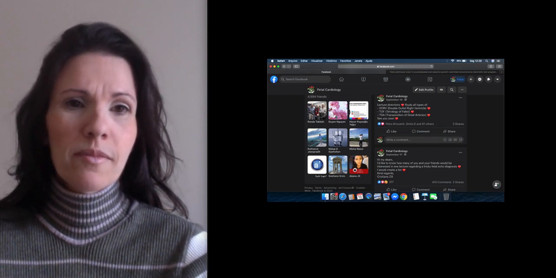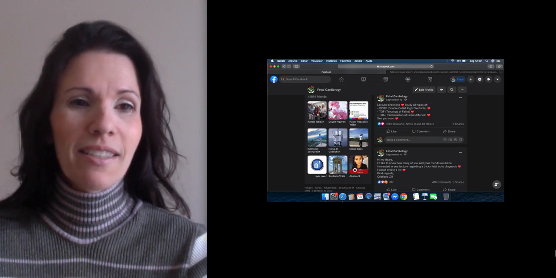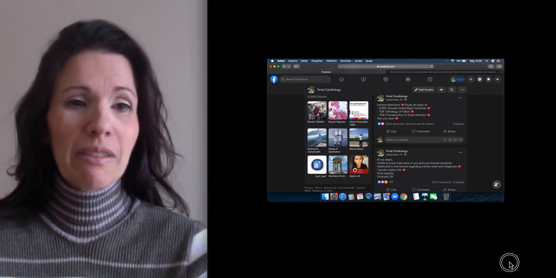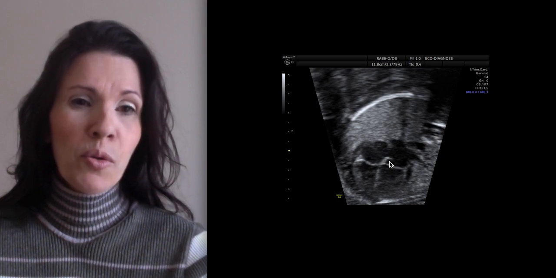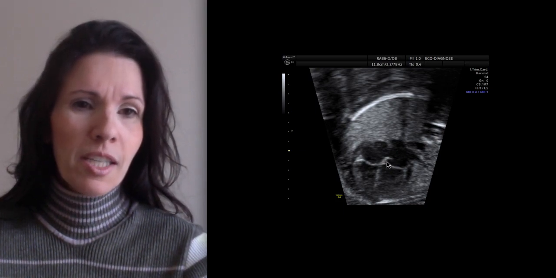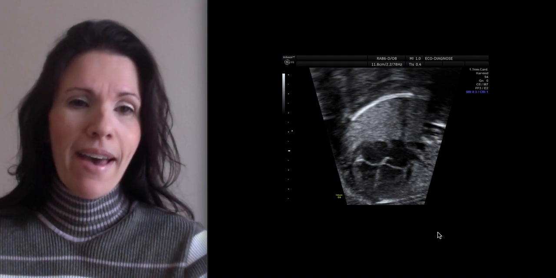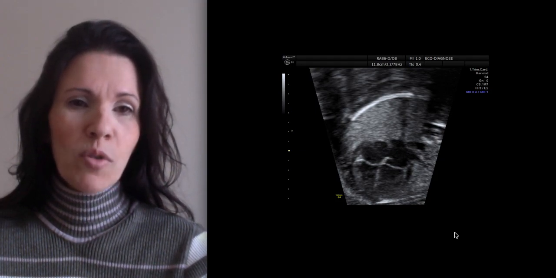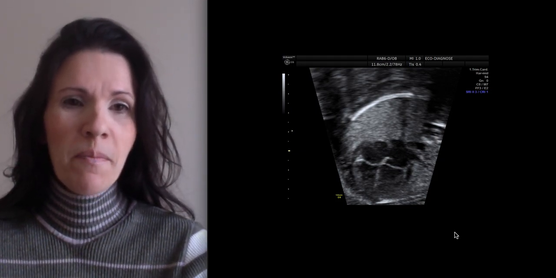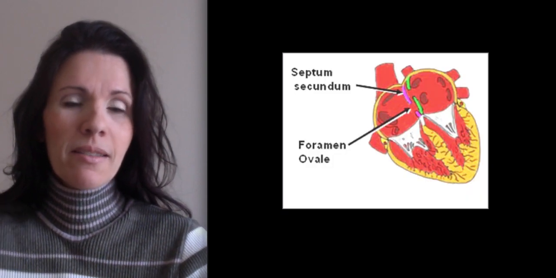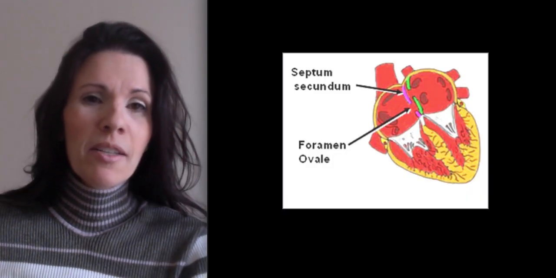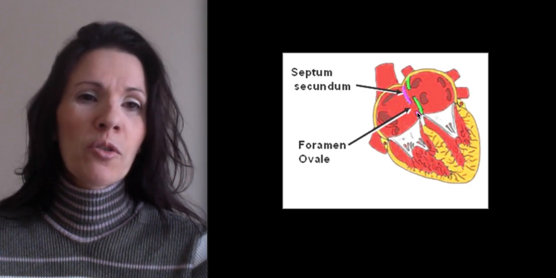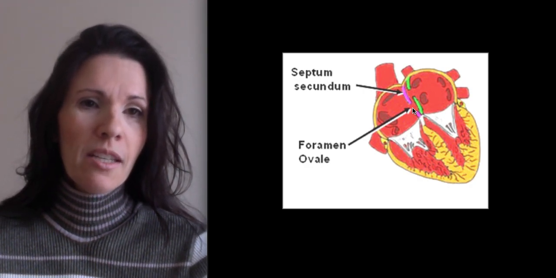First, where's the thing? Next one. Okay, this is a four-chamber view, normal four-chamber view with normal atrial septum here. And here is the schematic drawing showing the interatrial septum. This is foramen ovale,